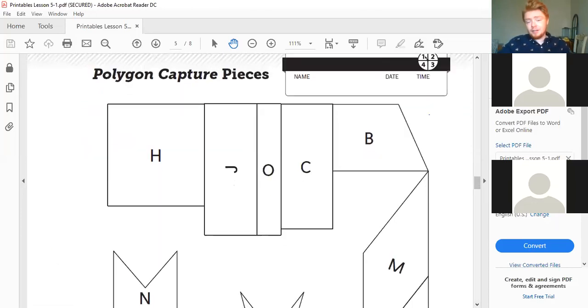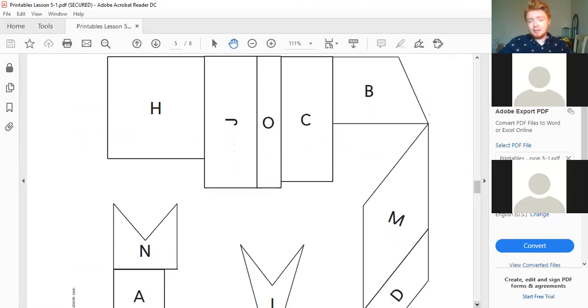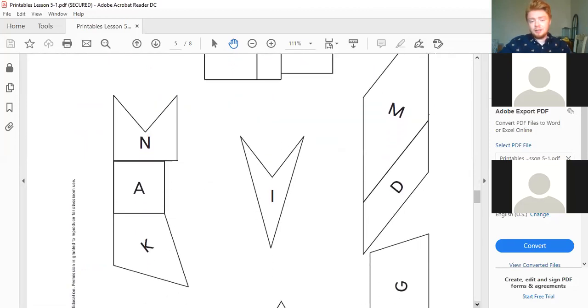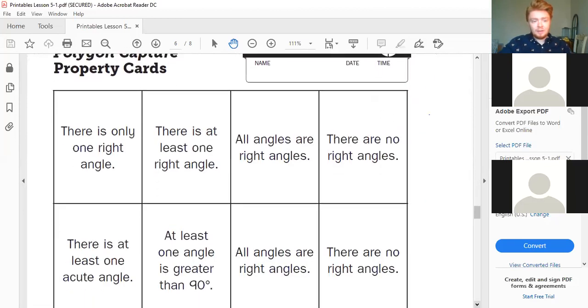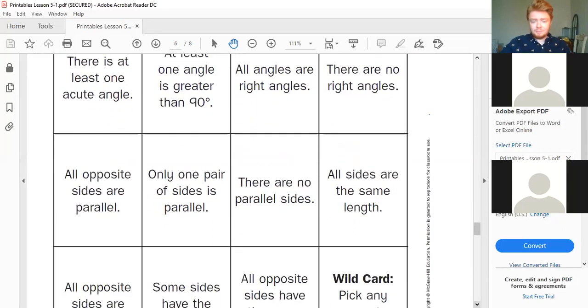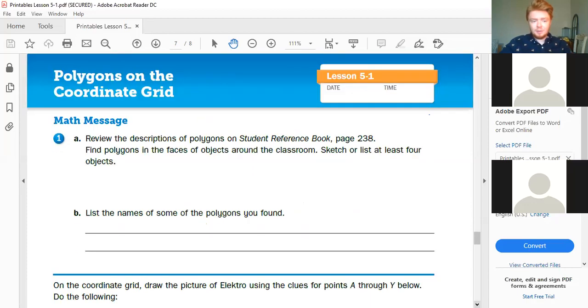This would have been a fun activity to do. You take these polygons and you're supposed to make a robot with it. And then from there, you get to play this almost bingo game kind of thing. It would have been fun. But anyways,